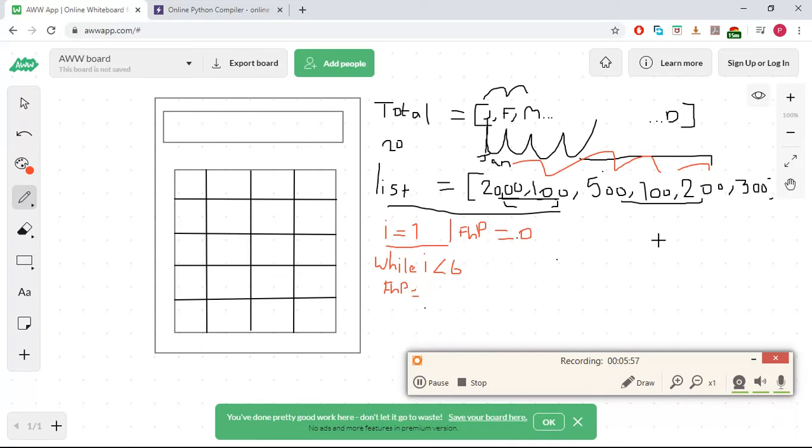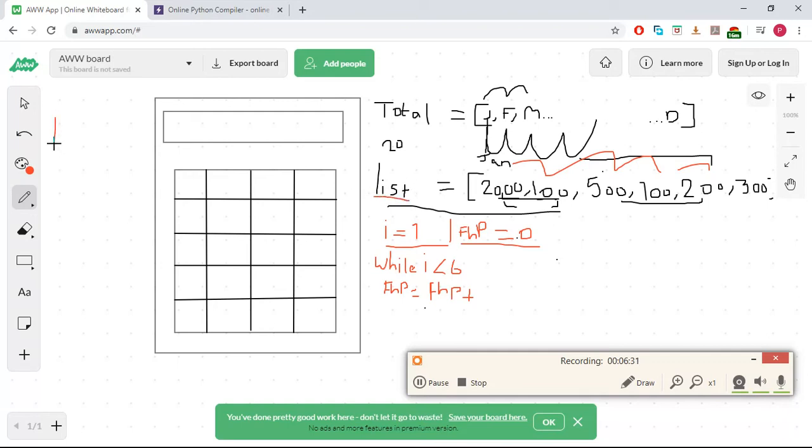Remember from the previous lesson how I told you that i equals i plus 1, or any number, allows you to add a number to an already existing variable. We can say FHP is equal to FHP plus,